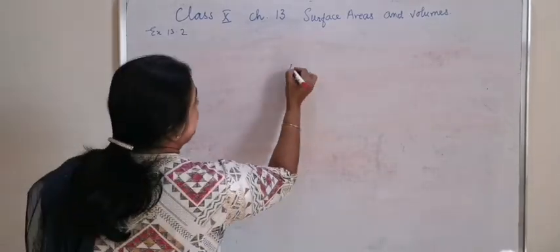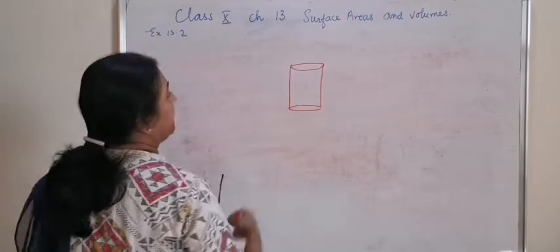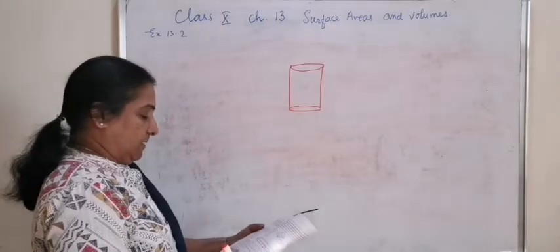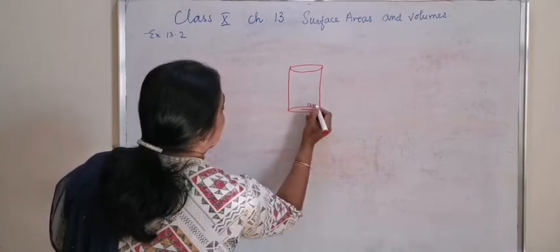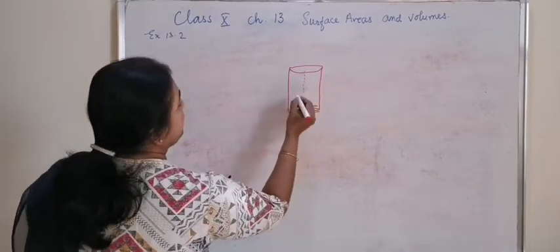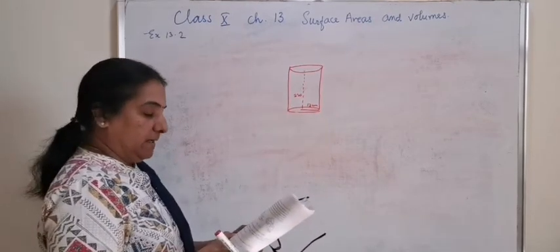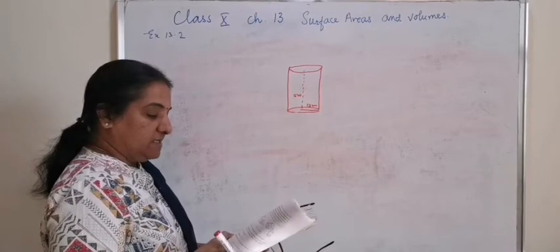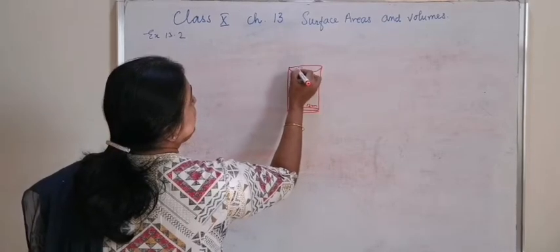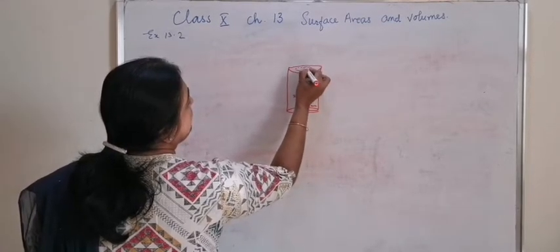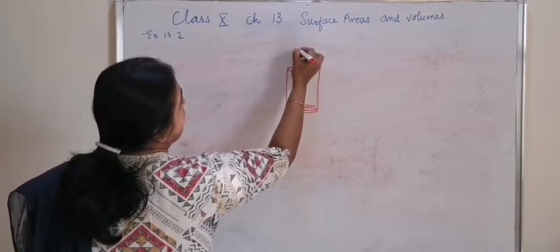It is the addition of two solids that are both cylindrical in shape. There is a cylinder of height 220 and diameter 24. That means the radius is 12 centimeter and the height of the cylindrical portion is 220 centimeter. It is surmounted by another cylinder with a lesser radius of 8 centimeter and height 60 centimeter.